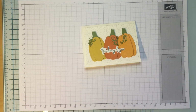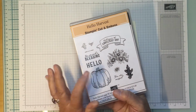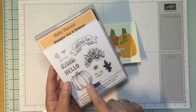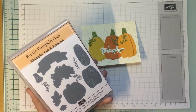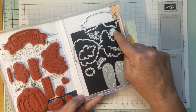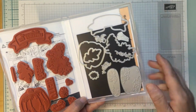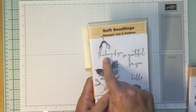This one is using the Rustic Pumpkins dies. They coordinate with the Hello Harvest stamp set, and these are in the current mini catalog on page 50, which is where you see the stamp set, and you can see the dies as well, I believe, on that page. We're going to start with these two dies here, this leaf die, or stem die I should say, and then these three little stem dies there. I am using the sentiment from Soft Seedlings, this Thinking of You sentiment right here,